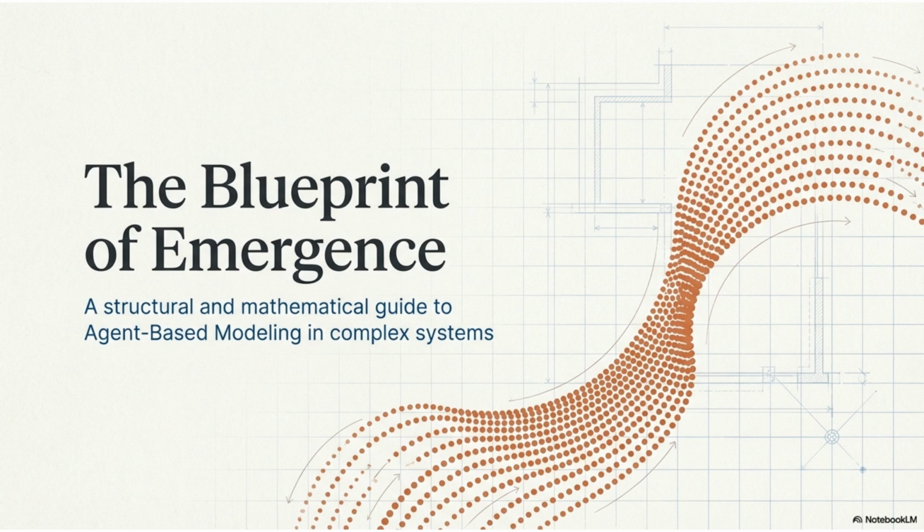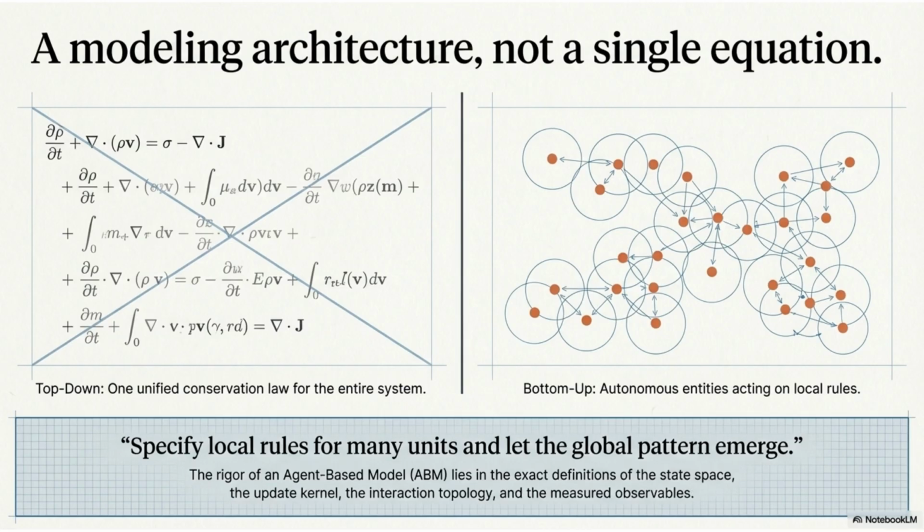Welcome to The Blueprint of Emergence, a structural and mathematical guide to agent-based modeling in complex systems. Agent-based modeling, or ABM, is a modeling architecture, not a single equation. It is a bottom-up approach where autonomous entities act on local rules, allowing the global pattern to emerge, unlike top-down